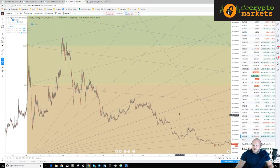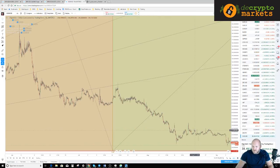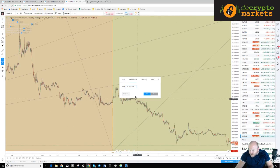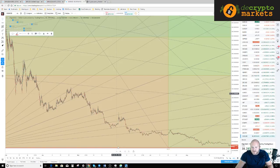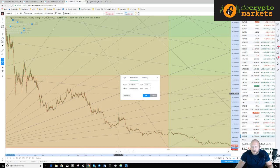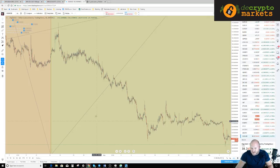Now, as I looked down on my screen when I was moving over, I saw that we weren't dead on the square there. So what I could do is, that's the horizontal line. That gives me the exact very low price. And then if you double click on one of these angles within the square, you could just Control V or paste it on there, and then it'll drop down there. I mean, it's not that much of a difference, but